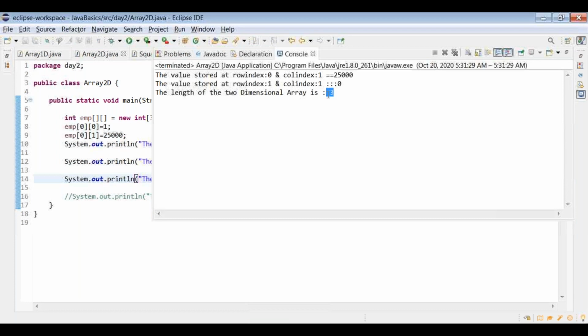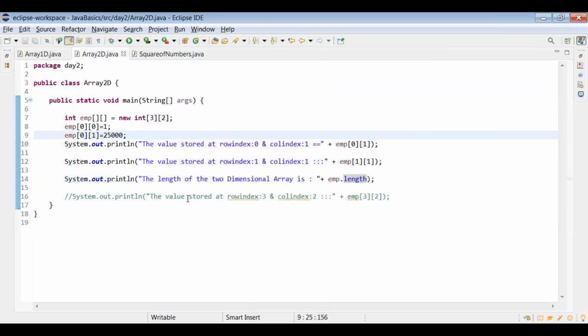Right, the length of the two-dimensional array here, actually why we are getting it is that the length here is taking the row index into consideration. Why? Because we are focusing on a specific row and trying to get the values of a particular column. Suppose, for example, employee[0]. I am specifically accessing a particular row index. For a row index, you have two column values. So employee[0].length, what do we get as outcome? We are going to get 2.